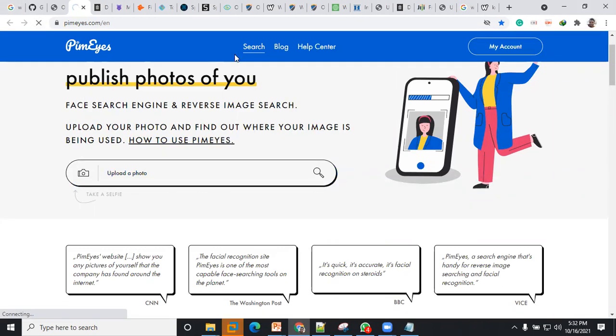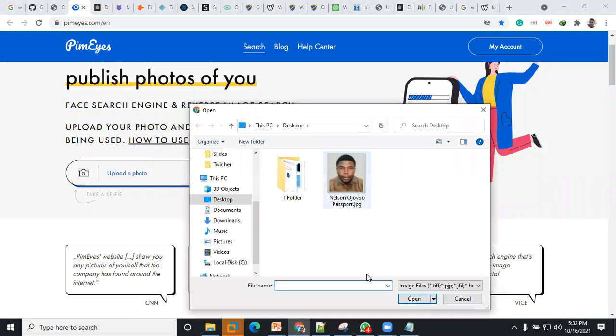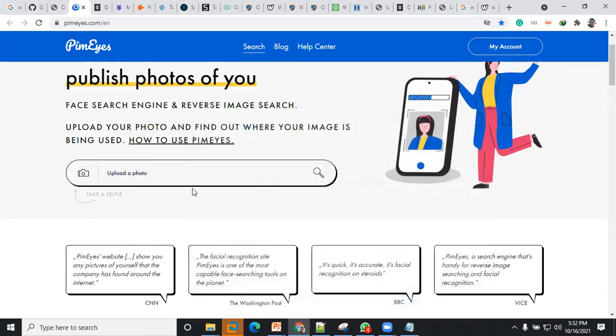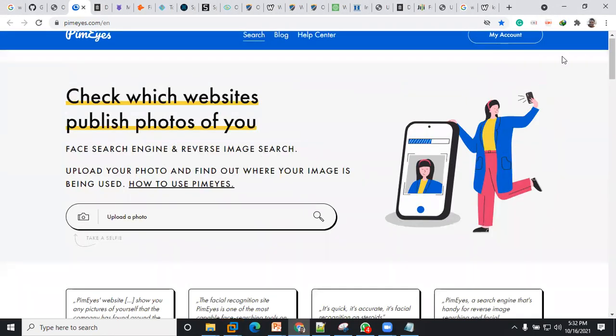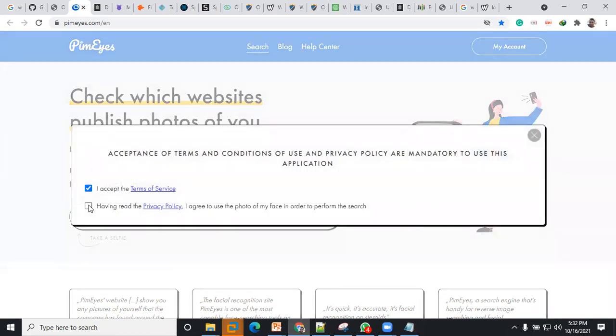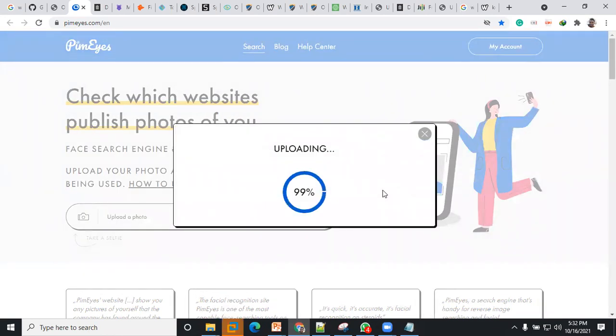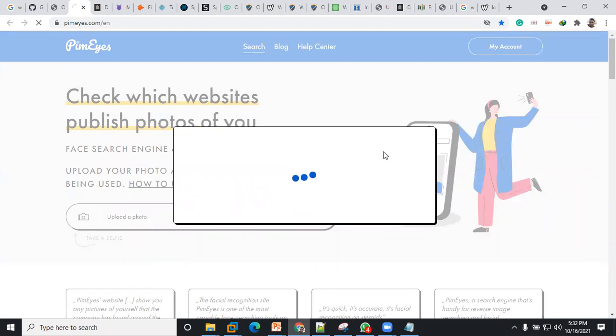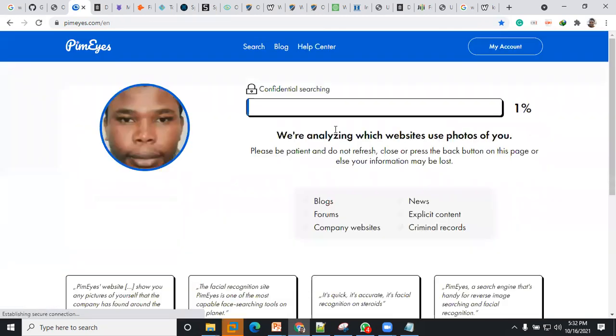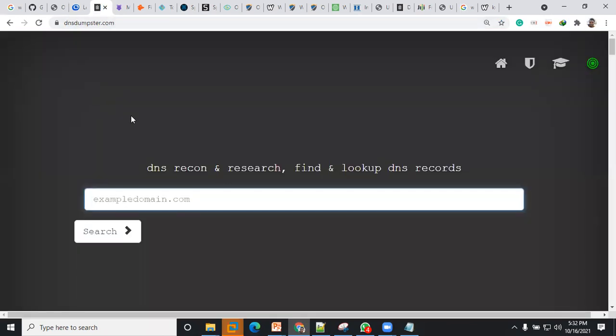It's trying to search through. If you have an image and you want to draw open source intelligence from that image, it's a good tool.